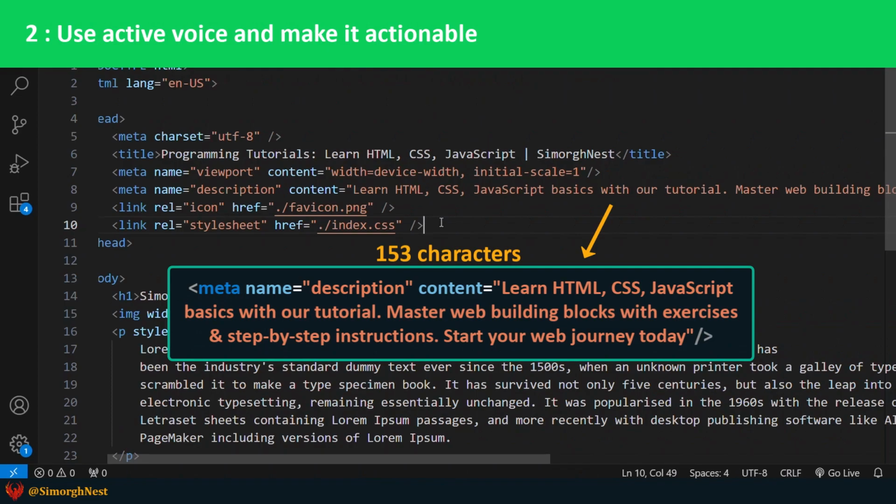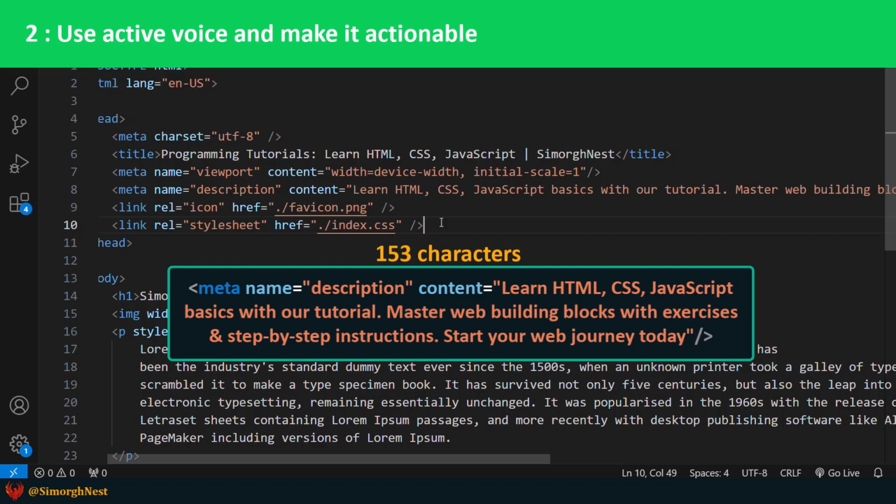When we write a meta description, it's important to use active voice and make it actionable. Instead of simply describing the page, we want to engage users and motivate them to visit our page. To do this, we should make sure our description is not boring, hard to understand, or too mysterious. Users should know what they can expect to find on our page. For example, instead of a basic description, we should write a description that encourages the reader to do something. By using an active voice and speaking directly to the reader, we can make them eager to click on the link and discover our content.